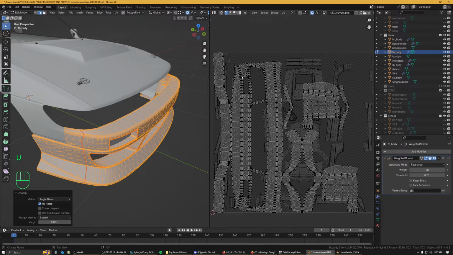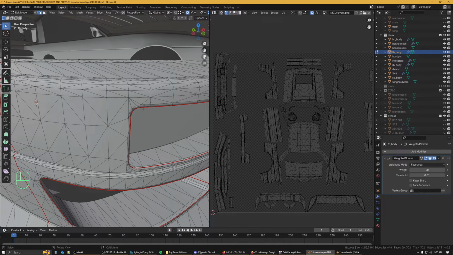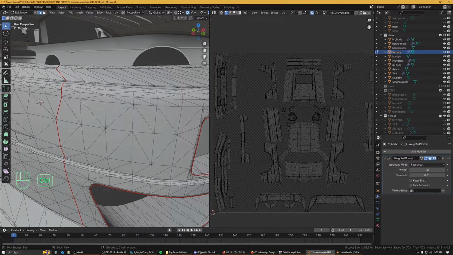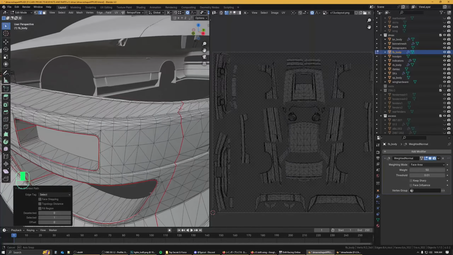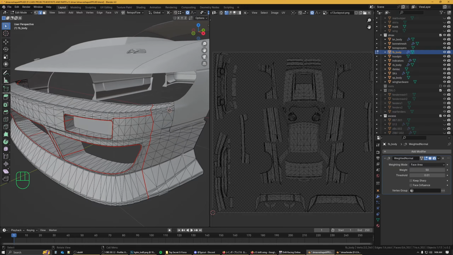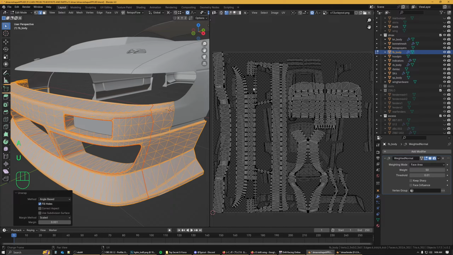Not as bad, but it's still pinching off a bit in these corners here. So what I'll try is running a seam from the seam that runs around the indicator and bring it out to this vertical seam on both sides. Now that those seams are created, how does it unwrap now? That's better. It creates a split here, which gives these faces the ability to break away and stretch out in